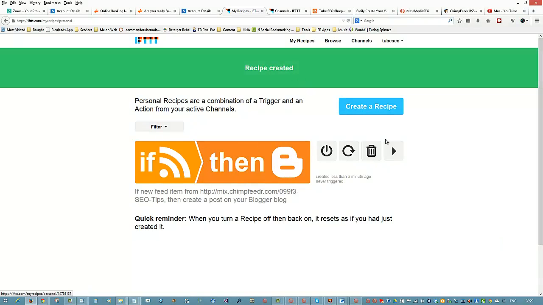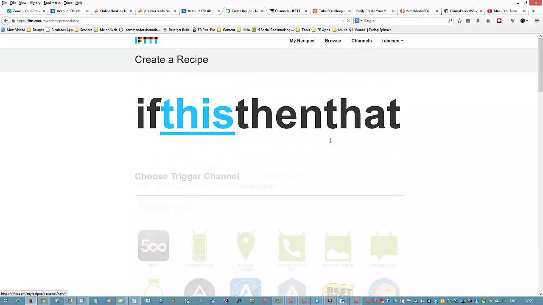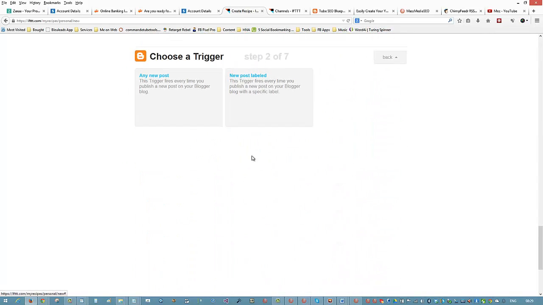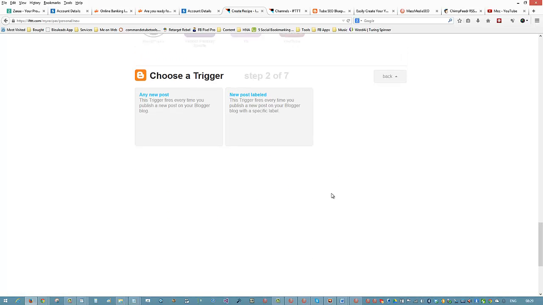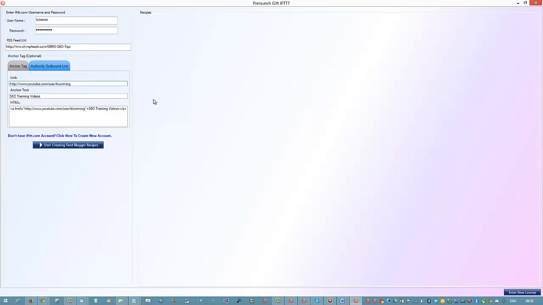So I've already created one recipe, and I would have to go and create another one, and this time it would be from Blogger to somewhere else, and then we'd have to just keep going on and doing this manually. But that takes a lot of thought process, and if you're not used to doing this, it can be a little bit tricky, because maybe you're not so familiar with SEO, for example. Fortunately, I am, and so what I've done is I've created the tool to go and do all that hard